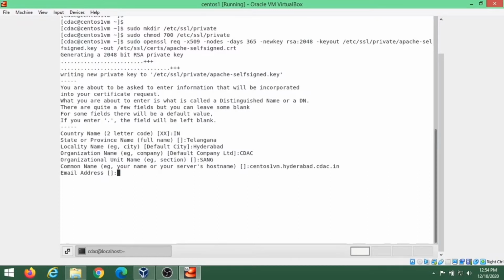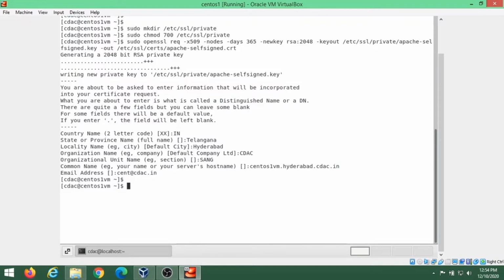And the email address. You can provide an email address which you want in your certificate. Here we will be providing sent@cdac.in. Hit enter. So in this way our certificate has been generated along with the key.